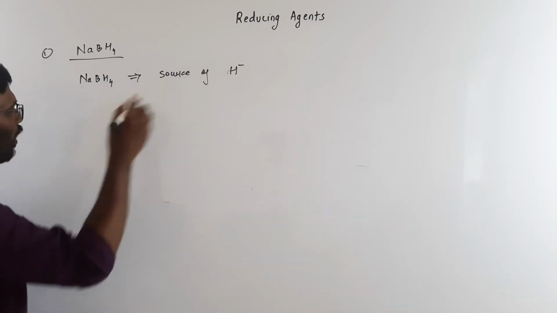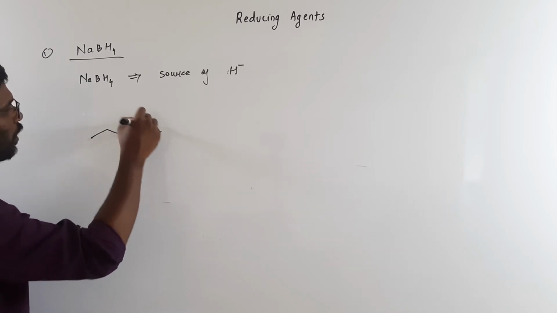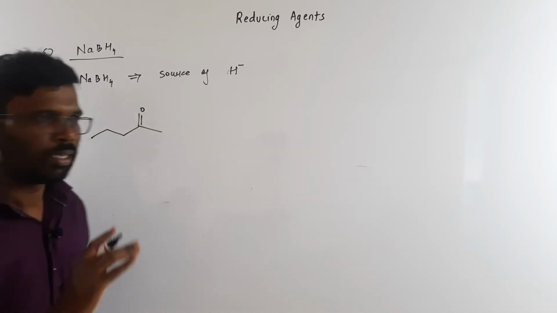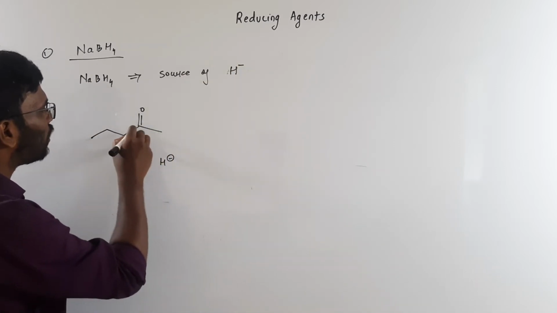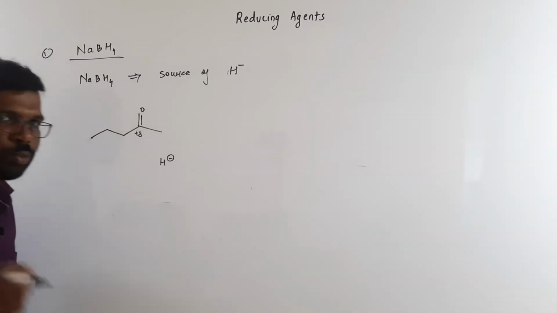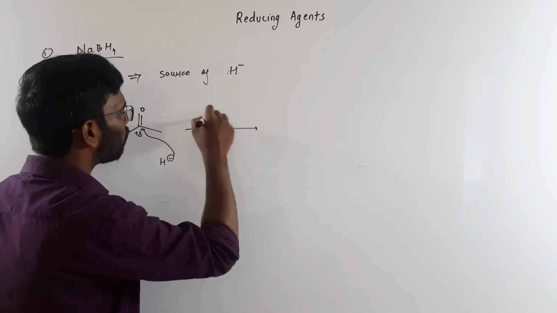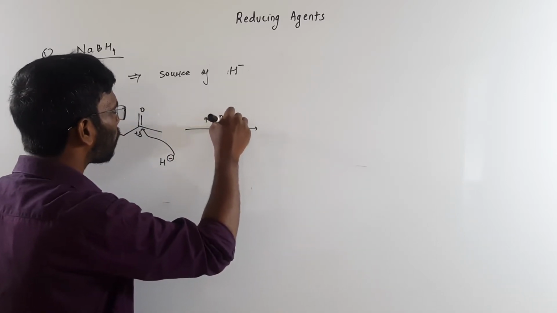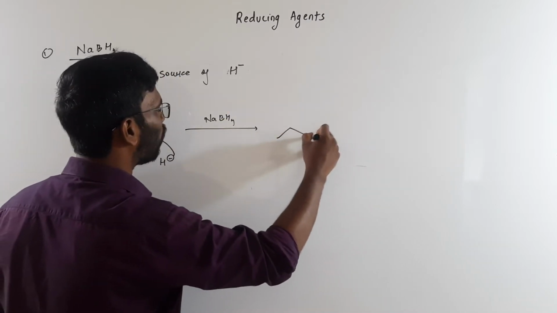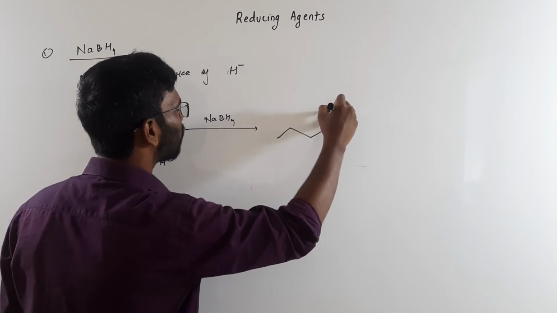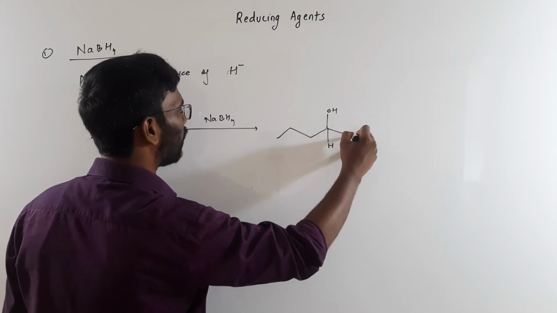And let's start with a ketone. If I start with a ketone, let's take this example. This is the ketone, right? Then what will happen if I use the reducing agent? This is the H minus. Obviously, this is a partially positive carbon. H minus is going to attack this carbon, this pi bond will shift over here, and in the basic medium what you get over here is this alcohol, right?